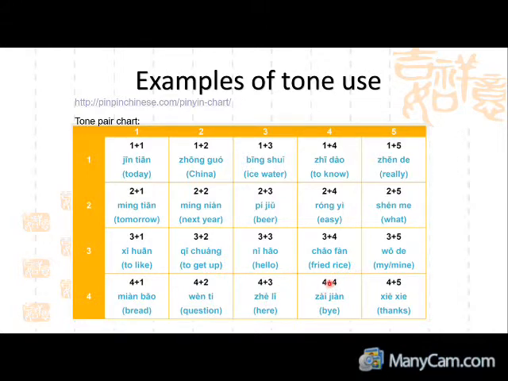Next one, tone 4 and tone 4. It's like 再见, as in see you later, bye bye. See you later is the shortened version, but we just say goodbye as in 再见. Next one, tone 4 and tone 5 together, as in thanks or thank you. Thanks is a short alternative. It's 谢谢, 谢谢. Do not worry too much about the characters for now, because we're going to look at greetings